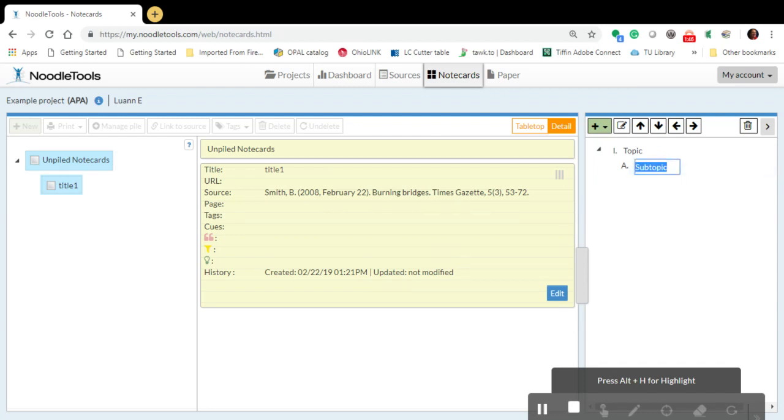To add more items to your outline, click the topic on the outline which matches the level where you want your next topic to land. If I make a mistake, all I have to do is click on the topic I want to delete and